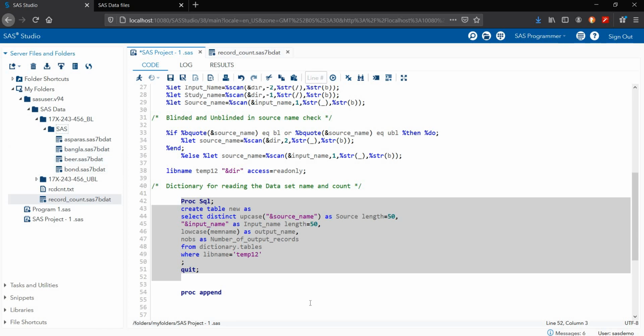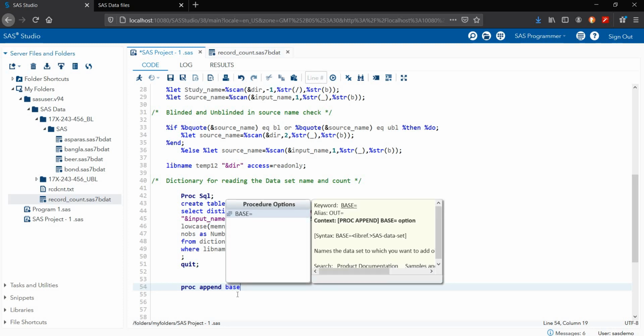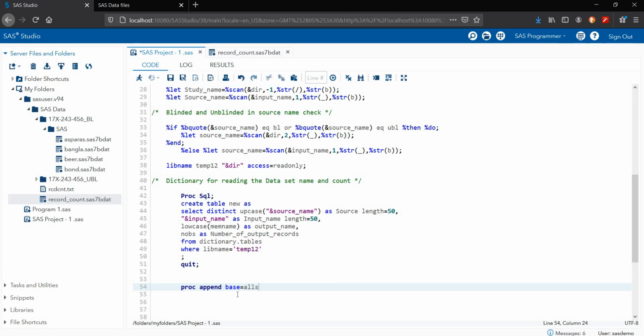So we need to append this data into one. That's the reason I'm using proc append here. Proc append base is all SAS file, data is equal to new. This is the new data set I created here. Table name is new. Then run statement.